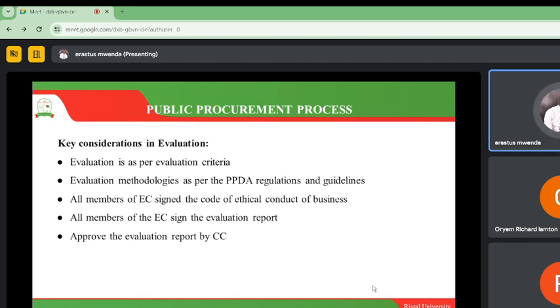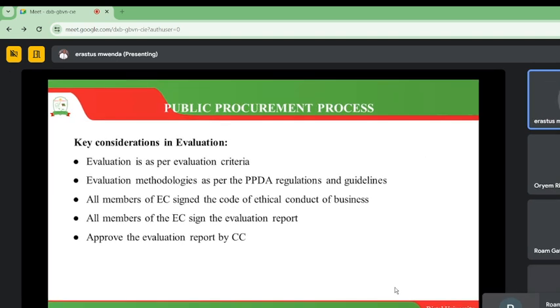Now, when we are doing evaluation, there are a number of things that we need to take into consideration. Number A is that evaluation is as per the evaluation criteria. So we have a yardstick of expectations that we need you as a supplier, as a vendor, to be able to meet. As we are evaluating, we have to make sure this is happening as per the criteria that is stated. We also need to have evaluation methodologies as per the